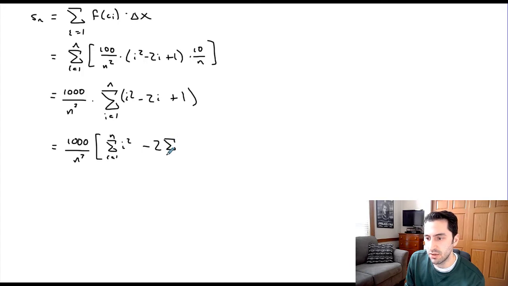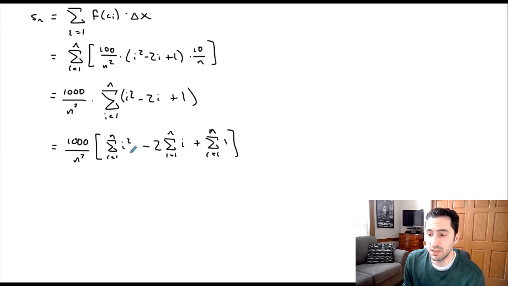And then we have another summation, i equals 1 to n of just i. And then lastly, we have the summation from i equals 1 to n of 1. Now that we have this all split up and simplified a little bit, each one of these has a special rule, a special shortcut for each of those summations. So for that first one,